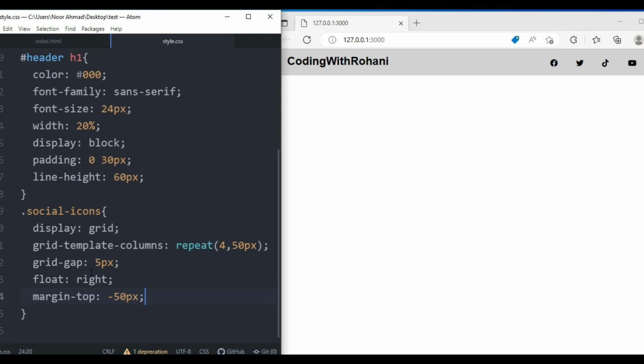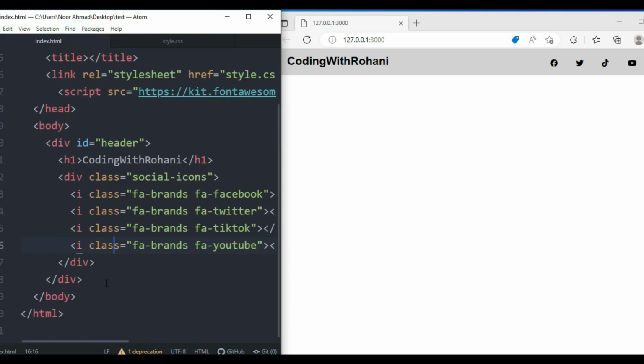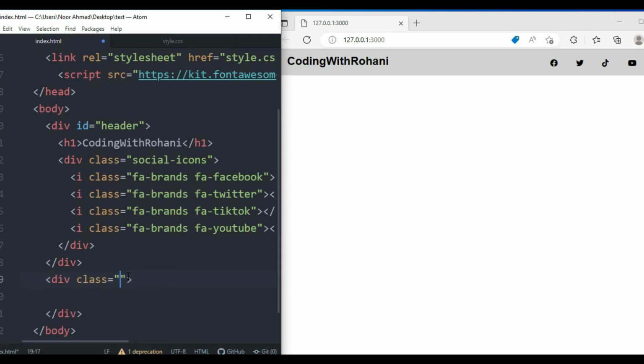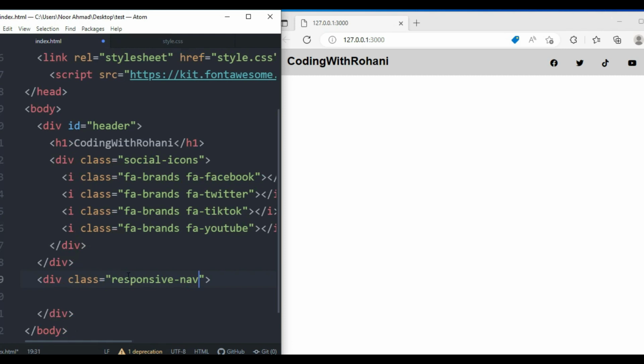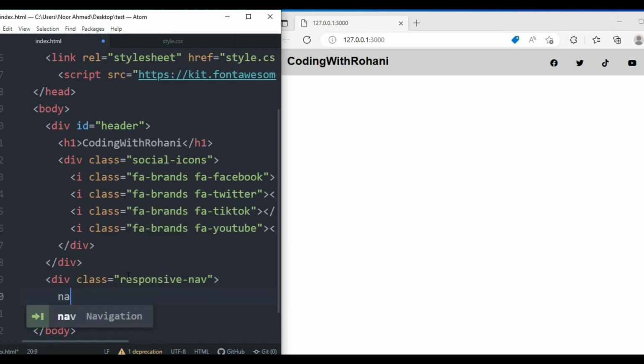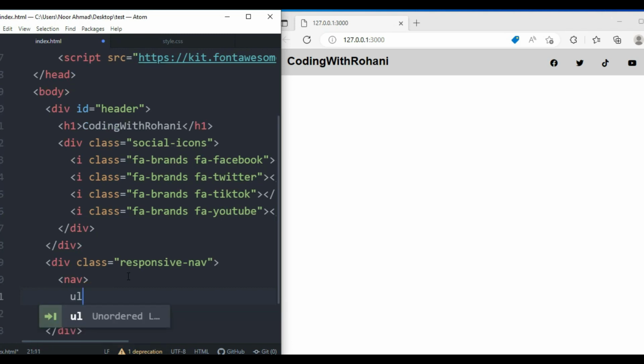So now I'm going to work on a navigation bar, and inside the navigation bar section I'm going to add the search bar as well. And now I'm going to create a div inside the h1 element. After this headers div, I'm going to create another div, and this class name will be navbar, responsive navigation bar. So I'm going to create nav ul and